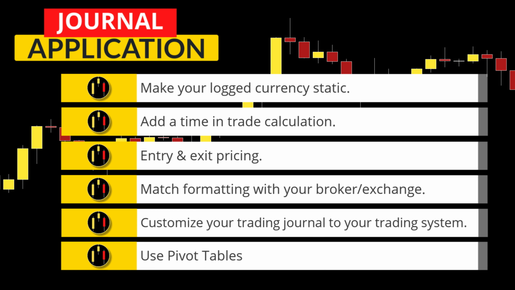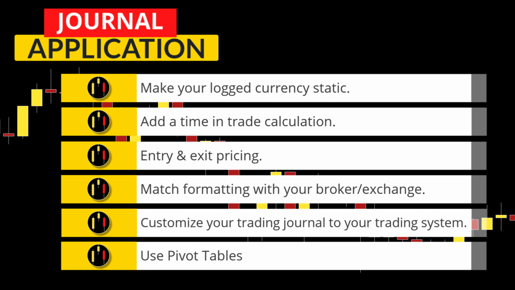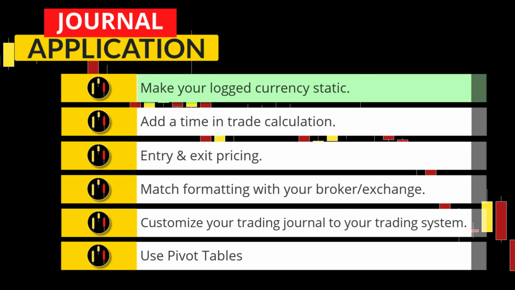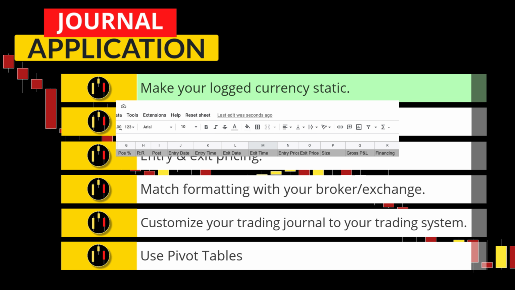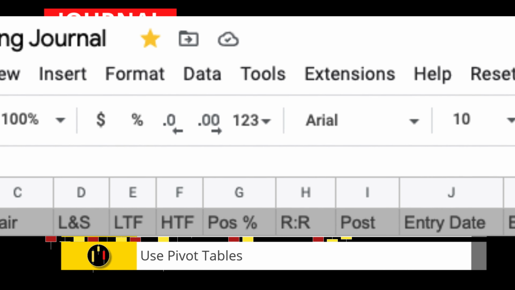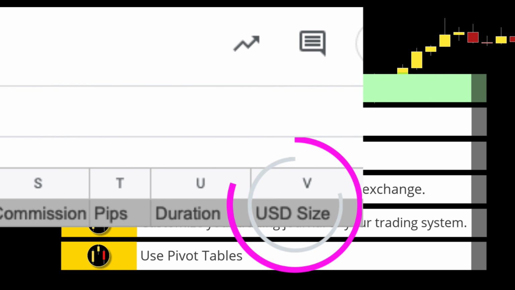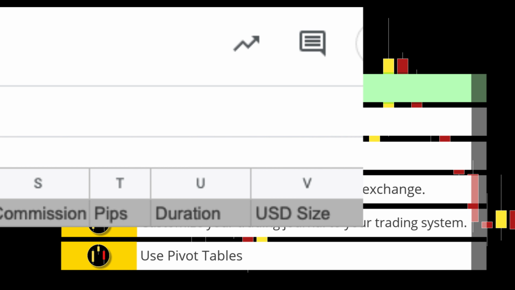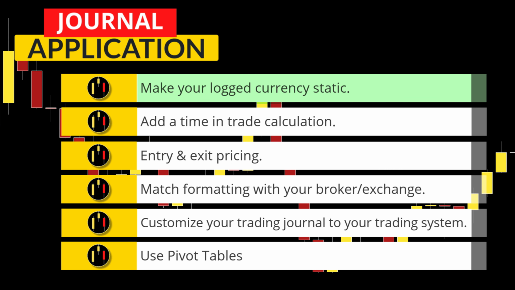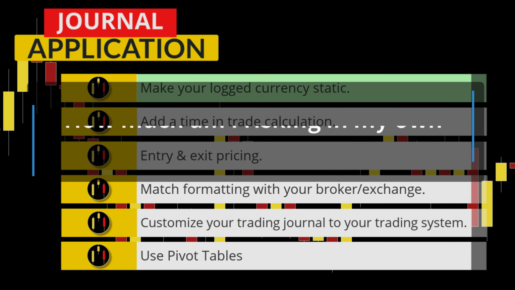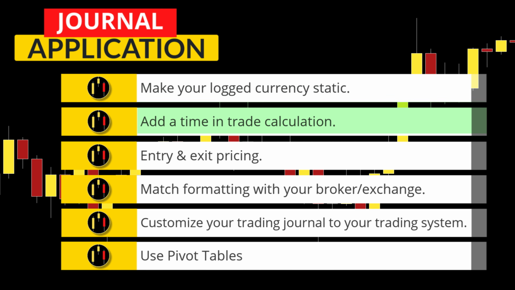But there is so much more we can do with a journal. Here are 6 ideas on how to take your trade journaling to the next level. First, it is a good idea, especially for FX and crypto traders, to have another column that converts your position into your base currency. So for example, on my journal, I have an extra column that calculates the position size of all trades into US dollars based on the spot price when I enter the trade. That would allow you to know exactly the amount of money you are risking at the time the trade was opened, expressed in your native fiat, which for me is the US dollar.